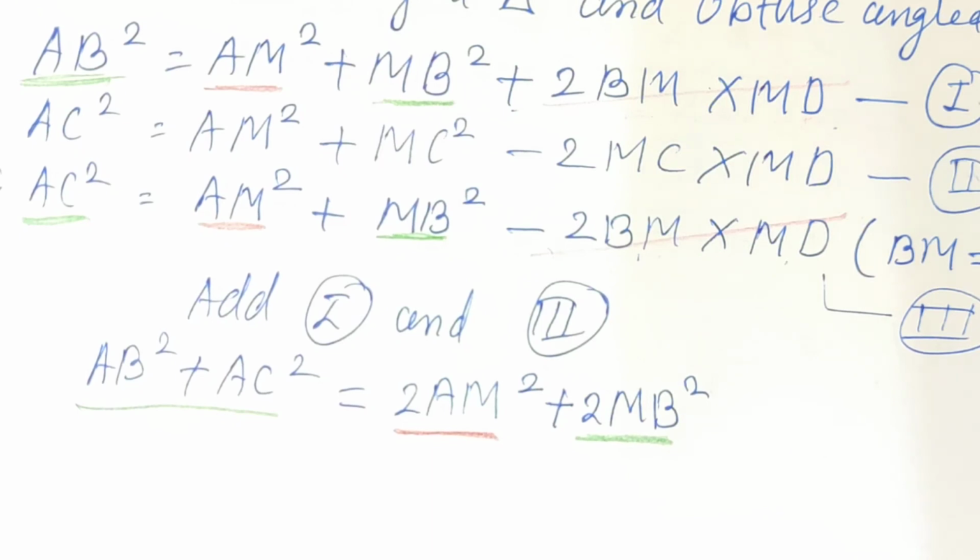So in this, what we have to keep in mind, from this example we can see the relation among the sides and medians of the triangle. So Apollonius theorem depends on the side of the triangle and median of the triangle. So whenever in the question the median of the triangle is given, or it is mentioned about the median of the triangle, then surely the example is related to the Apollonius theorem.